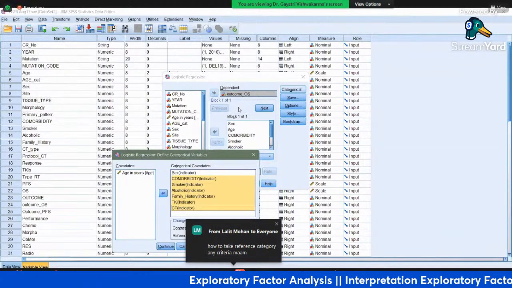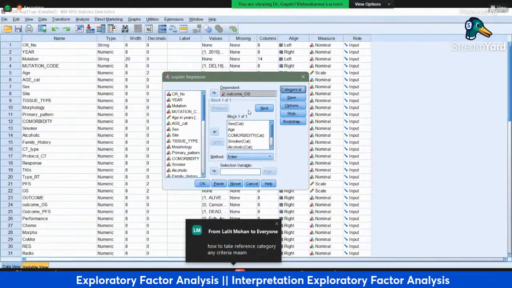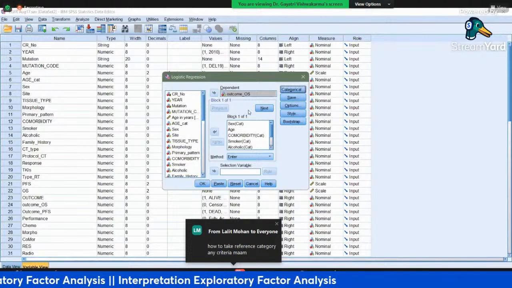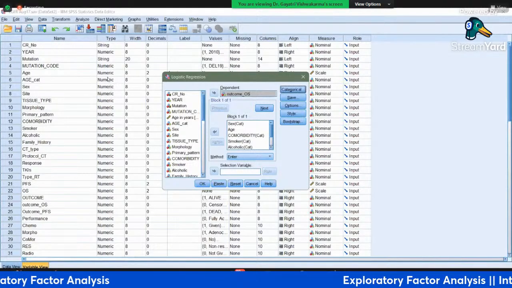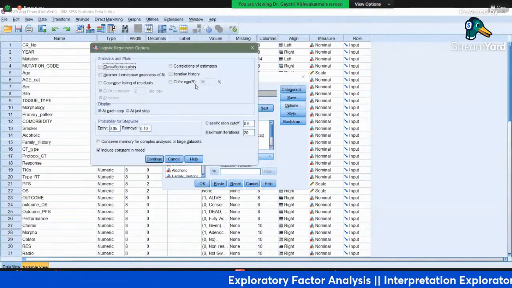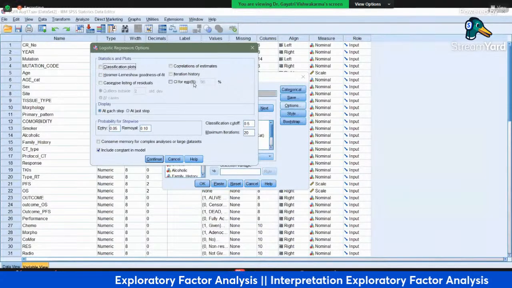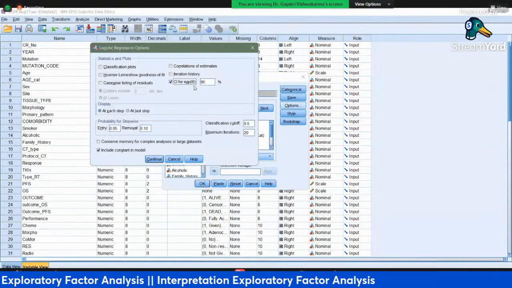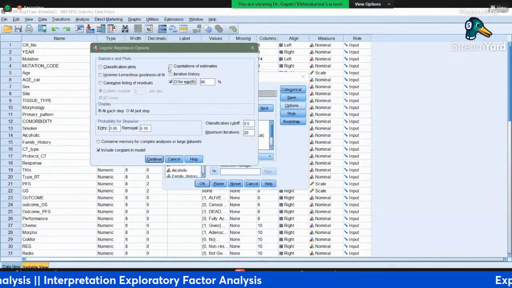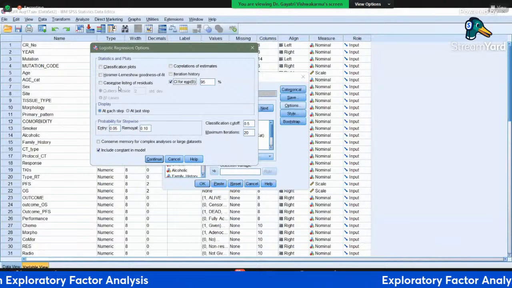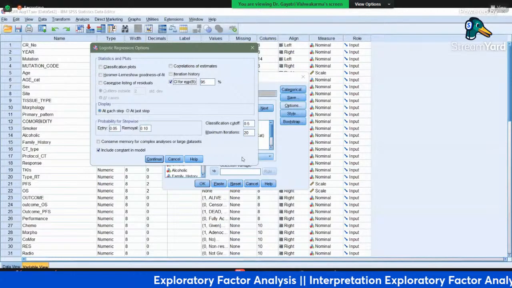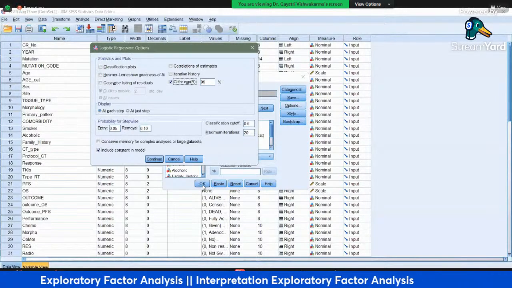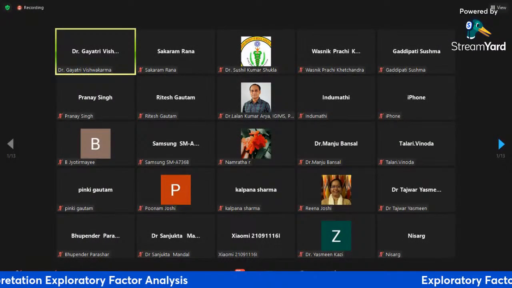Now, the 95% confidence interval is very important to report with all your beta values and other things. So for this, you have to go to the option and click on 95% confidence interval. That means for all beta, that is B, the regression coefficient, we need the 95% confidence interval. You can have the correlation also, but before applying that, you have to check the correlation matrix. So it is not required here. And then this is the enter method. Let's see how many are coming significant. So I'm going to the output window and then see.